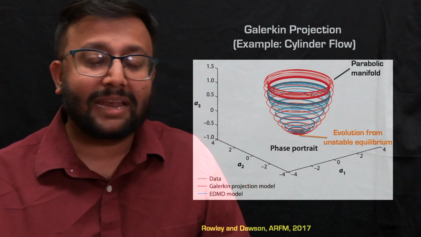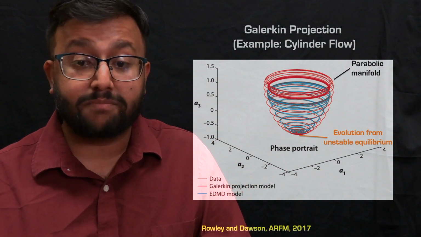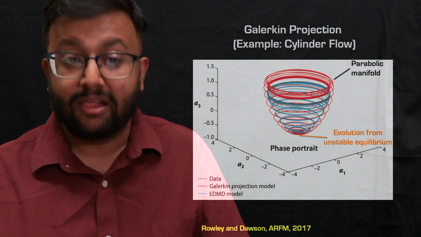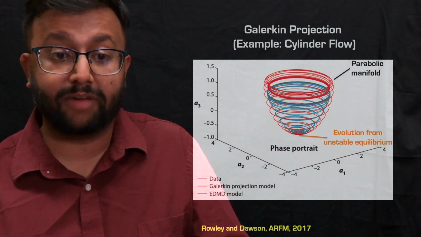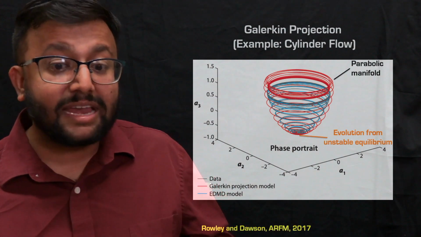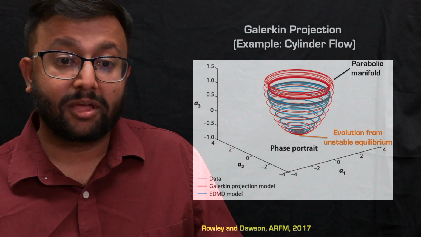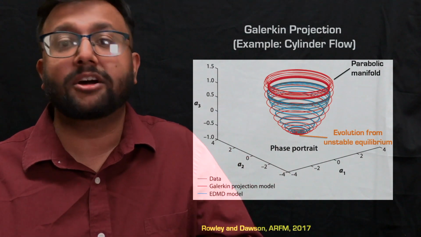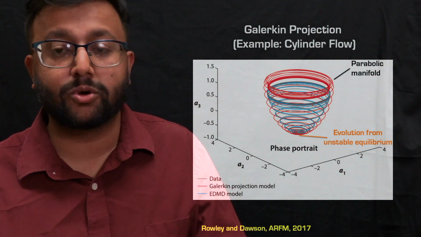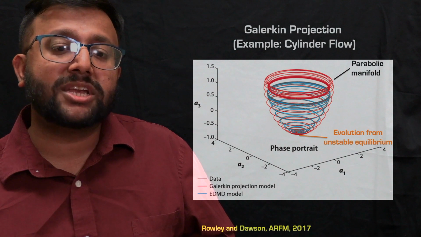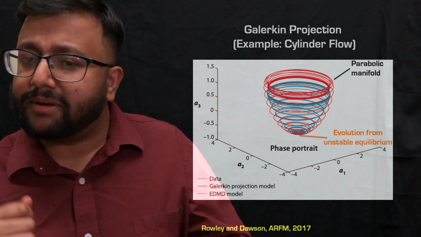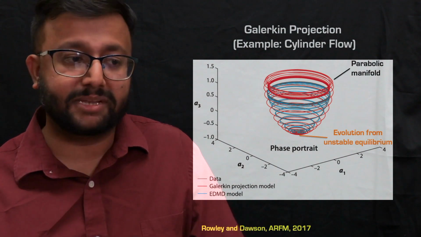While performing something like an extended dynamic mode decomposition really recovers the true underlying dynamics of the system well, or the evolution of the system from the unstable equilibrium well. The extended dynamic mode decomposition is what we discussed in the last lecture, and that really does a great job in terms of the system evolution from off attractor or off limit cycle behavior. So we see that though Galerkin projection is a great tool when it comes to modeling limit cycle behavior, it can sometimes be sensitive for off-limit cycle behaviors.